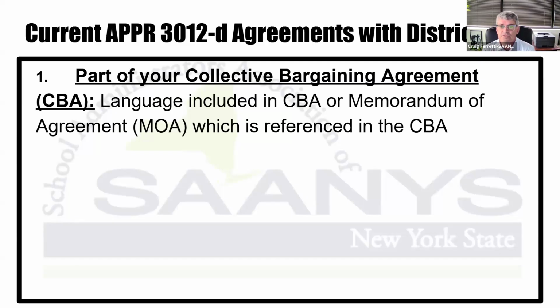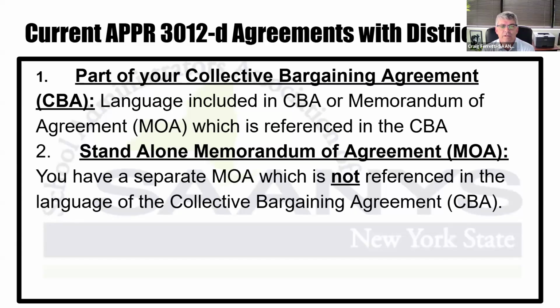If you have this in your contract now, then your STEPS plan would replace this. So we highly encourage that if possible. Other agreement, a straight MOU where you have a separate MOU or an MOA. It's not referenced in the collective bargaining agreement, but it basically memorializes everything that you've created in your STEPS plan. We highly encourage at bare minimum to have an MOA with your district that outlines exactly what the components of